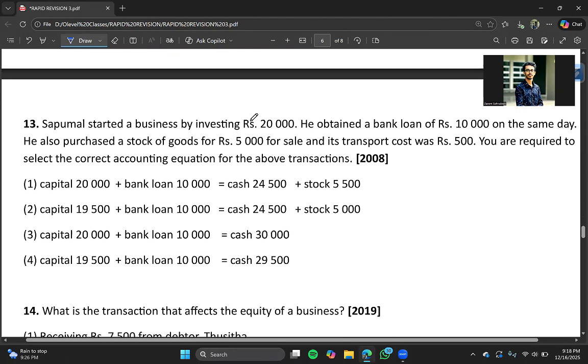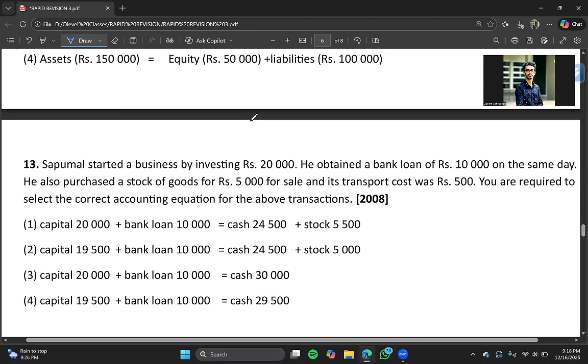And then we'll move on to the next question. That is, Sakumar started a business by investing 20,000. He obtained a bank loan of rupees 10,000 on the same day. He also purchased a stock of goods for rupees 5,000 for sale, and the transport cost was 500. You are required to select the correct accounting equation for the above transactions. So he started the business by investing 20,000, the loan 10,000, and he also purchased goods for 5,000, and the